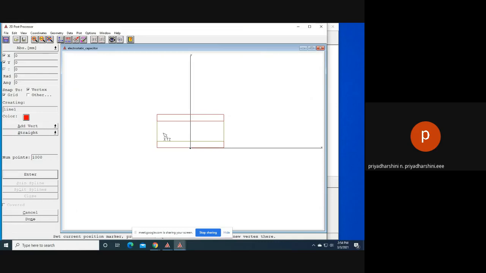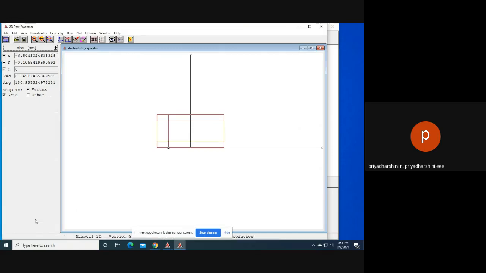For drawing a line, I should have a starting point. I have fixed it, enter, and then I should have an ending point. I have an end point, enter. Now a line is created, named line 1. If you give done, okay, now I have created a line.